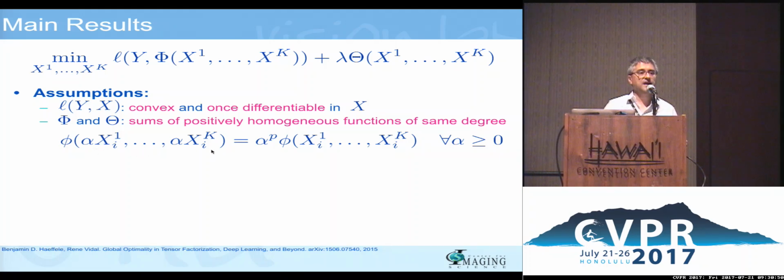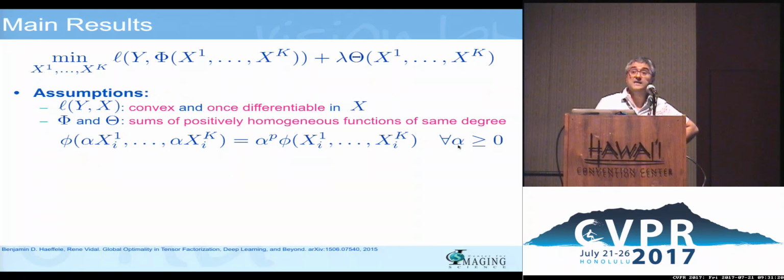You scale the weights of the kth layer by alpha. So in the output, you look at the output, and that alpha actually comes out of the map and comes out raised to a certain power, p, okay? And that's what is called degree of homogeneity, okay? And the positively homogeneous is because we are going to assume that this is the case for non-negative scalings. All right, this seems like a very strange assumption.